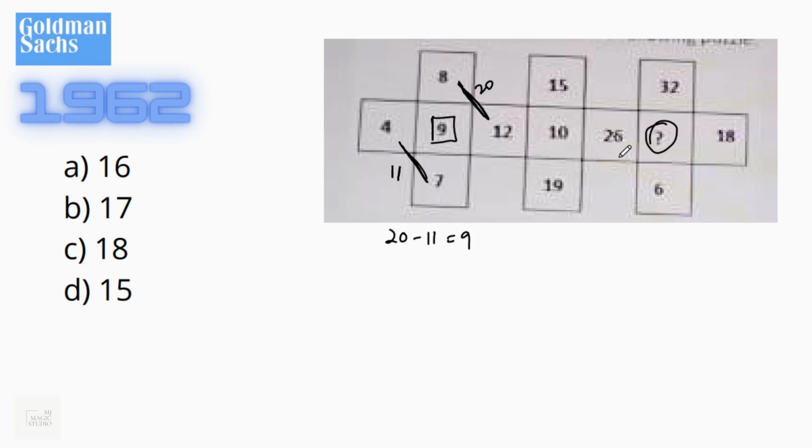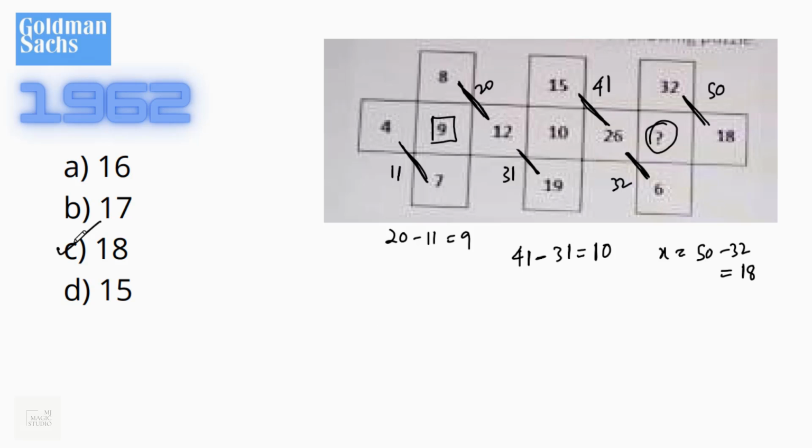Now does it work with the next 5 numbers? 26 plus 15 is 41 and 19 plus 12 is 31. Here also it works. 41 minus 31 is 10. That means the same thing should work with these 5 numbers also. 32 plus 18 is 50 and 26 plus 6 is 32. So the missing number should be 50 minus 32, that is 18, and yes, we have an option that is